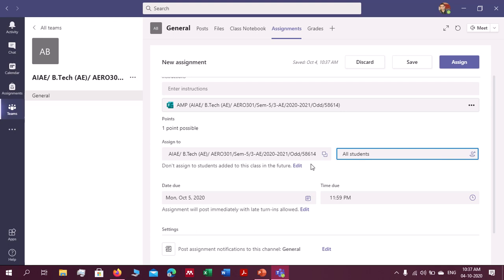But there is one thing: if you are adding two classes here, then there is no option to choose the students. Then all students will be there because you are adding two classes. Then you go below, there is the due date, and that due date you can change according to your